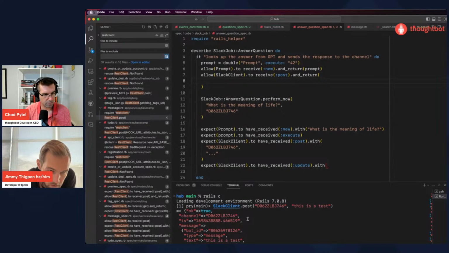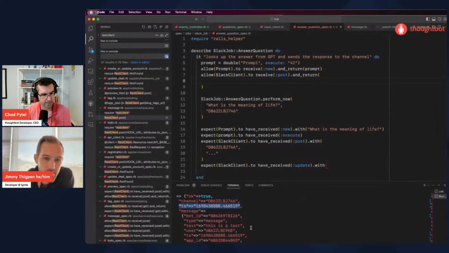So timestamp. When we send a message, the timestamp is TS in the response. Cool. Yeah, this kind of shows you how Slack formats stuff. It's like this concept of blocks. Interesting.